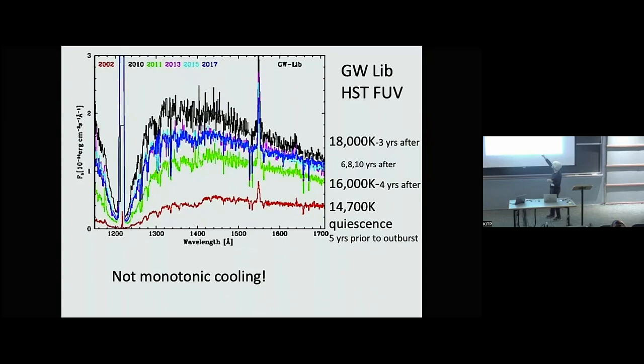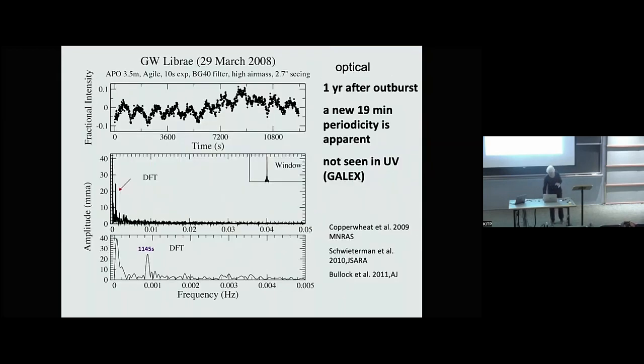But then the last 3 years, 6 to 10 years, it's the blue and the purple. There's 3 things right on top of each other. The mean temperature is higher, and it's all overall the same level. It has not returned to quiescence. We tried to get data past that, and we couldn't get any more HST data, so what we've been following